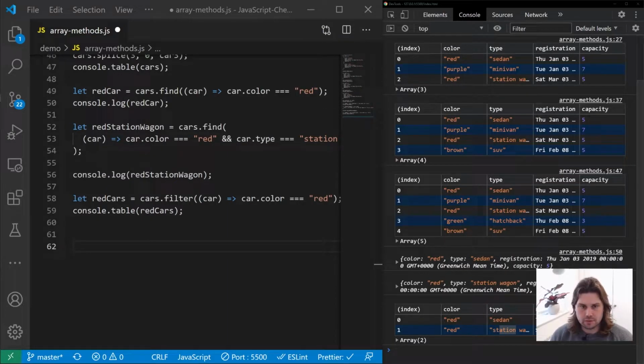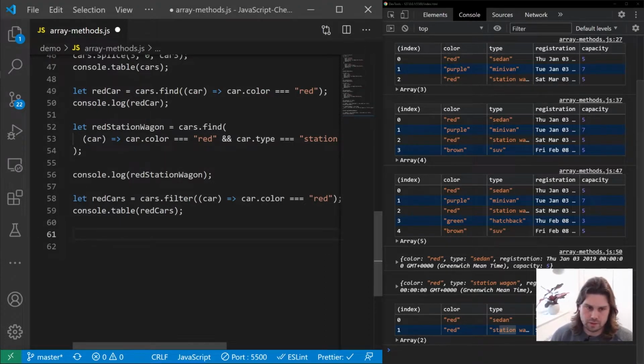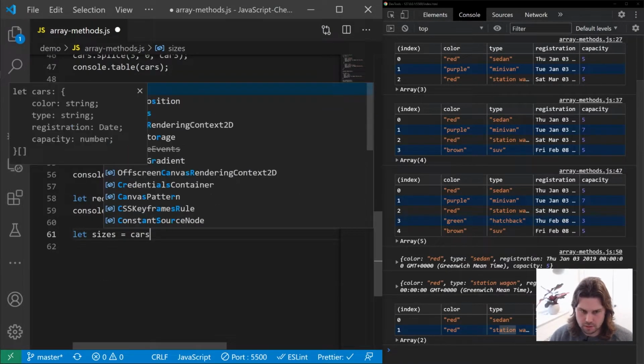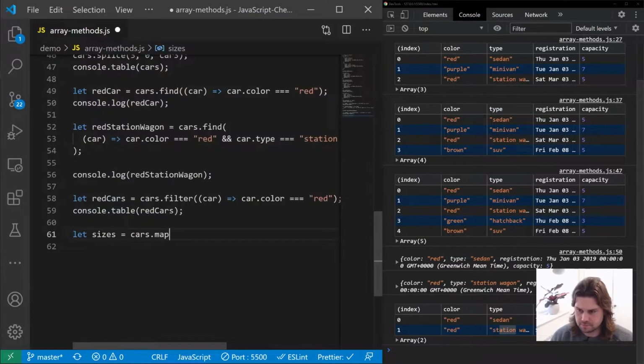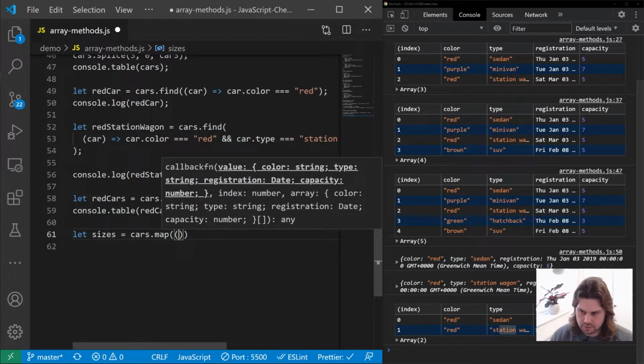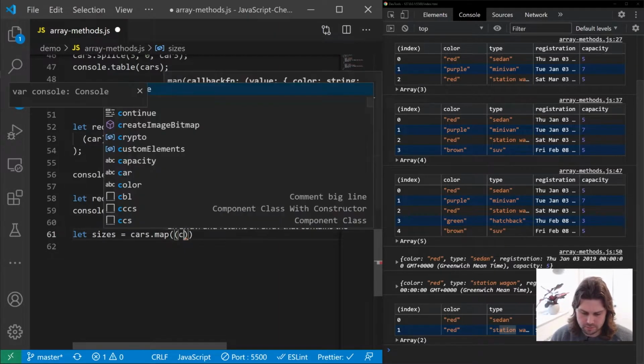So now what we're going to do is transform the objects of our array using something called map. In the first example, we are going to loop through all of the different cars in our array, and based on their capacity, we're going to return whether or not a car is considered small, medium, or large. So to do that, we are going to say let sizes equal cars dot map. And again, we're using our shorthand here with the arrow function. So we're going to pass in car,